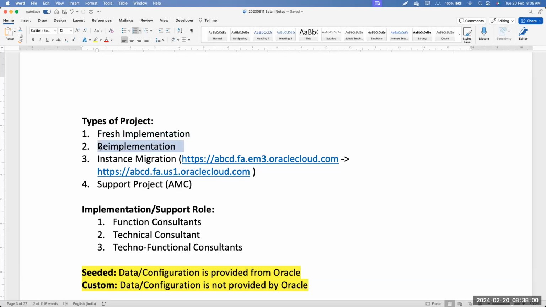Let's say some customers implemented Fusion 8 or 10 years back and now it's outdated, and they want to restructure Fusion. Or in some cases the implementer did a very pathetic job and messed up the system, and in those cases we'll have instance re-implementation projects coming up.